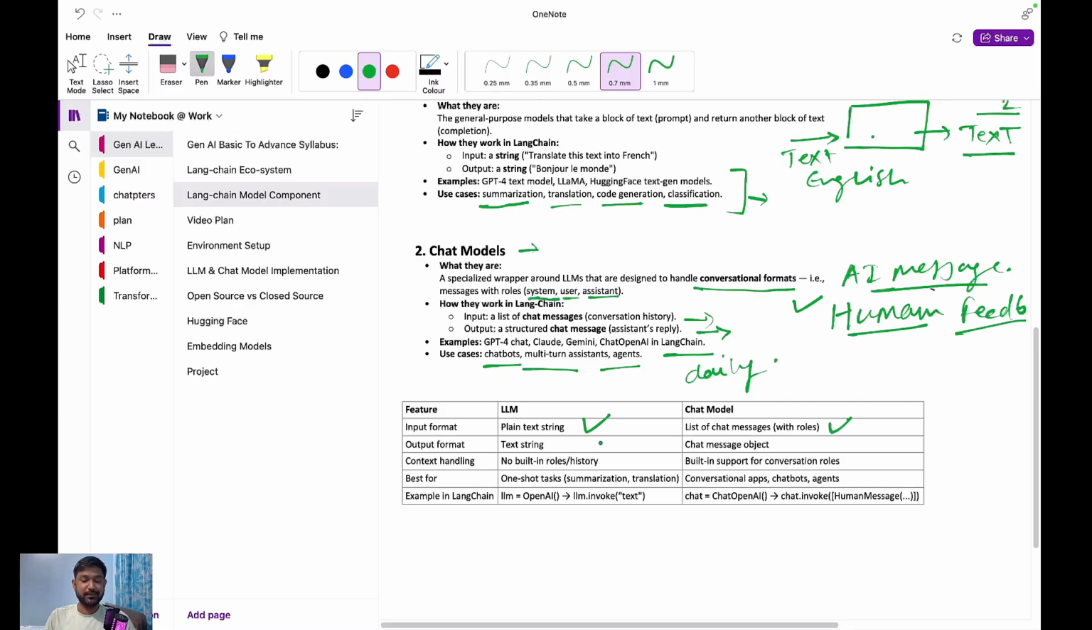Then it produces the text string, because the LLM model was built to take any text and generate the output as text, whereas a chat model can generate the chat message as an object. So basically a list of chat messages can be passed as an input, and then a chat message object can be generated as an output. Now, like we discussed, there were no roles and no history could be retained, whereas there's a built-in